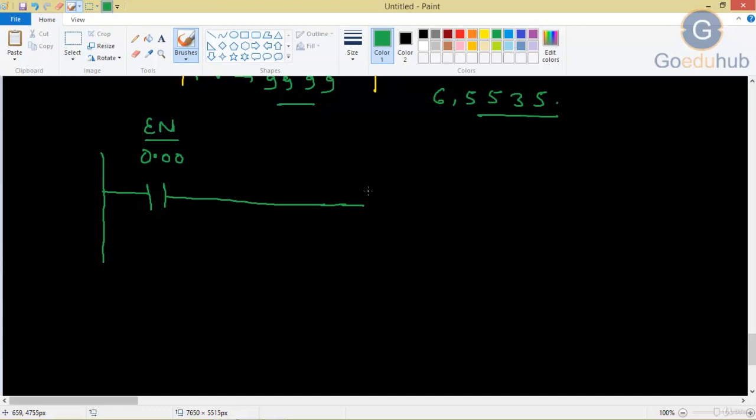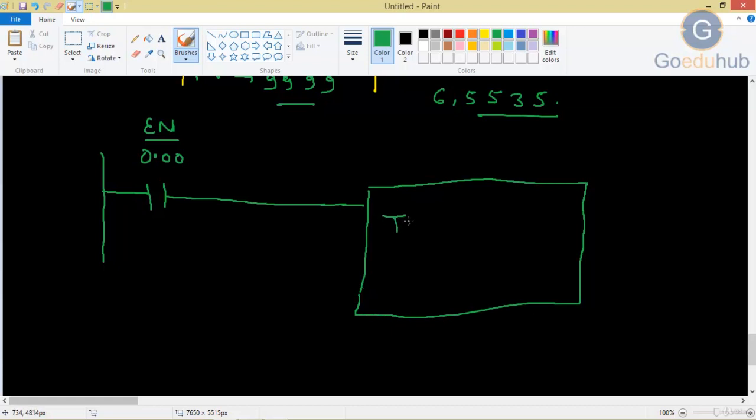Now here you have to take the timer. For taking the timer, you just type your timer instruction, either TIM or TIMX. After the instruction you have to provide N, we will see what N is, and then S. Then connect this here.